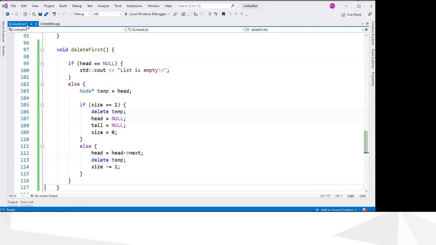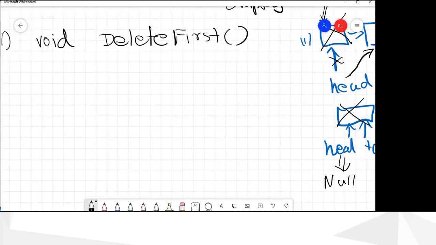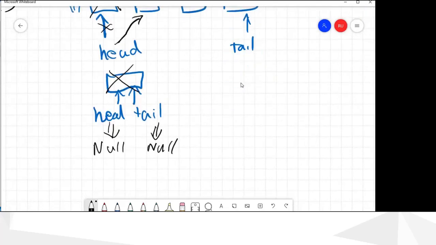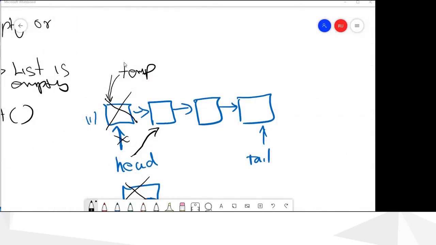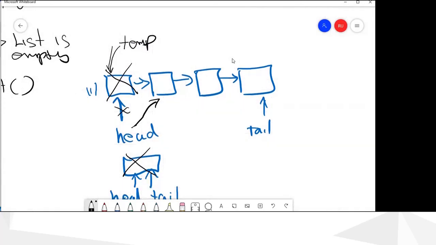So we have created this one, and now what we have to do is write the second function, which is delete the last element. How do you do it? Here also we have to delete this node.